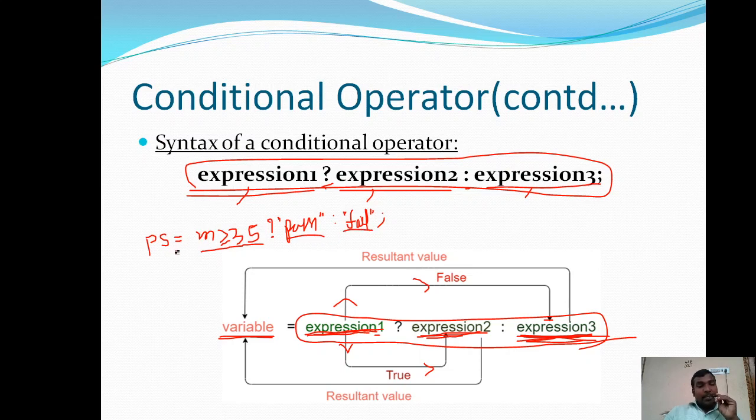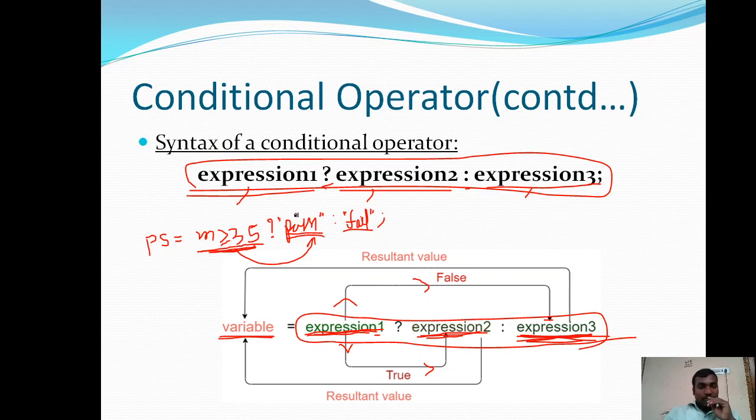So what's happening is, if you want to know the pass status of a particular student, then read the marks of that particular student and check whether he is getting 35 or more than 35 marks or not. If the expression 1 is true, then it is moved to expression 2, and here we are writing simply the string pass.